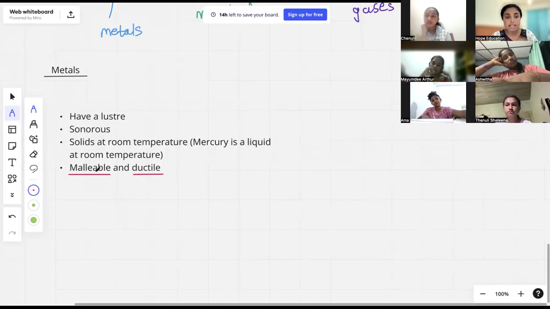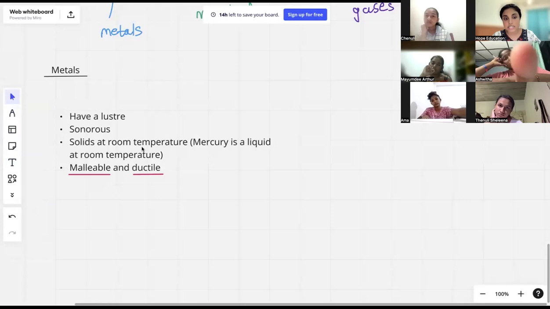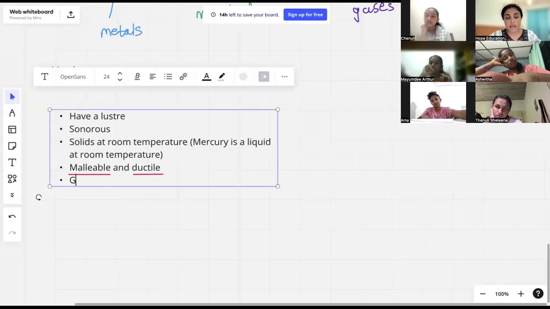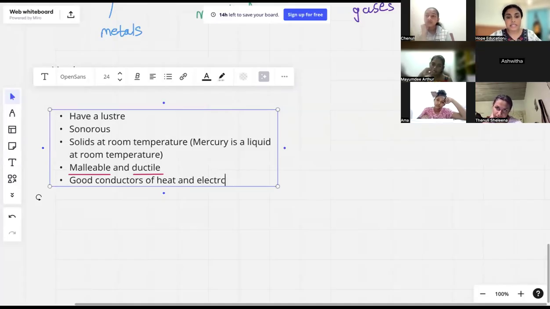Then another thing is that metals are good conductors of electricity, right? They are good conductors of electricity. That means they can conduct electricity very well, heat and electricity both. What that means is,